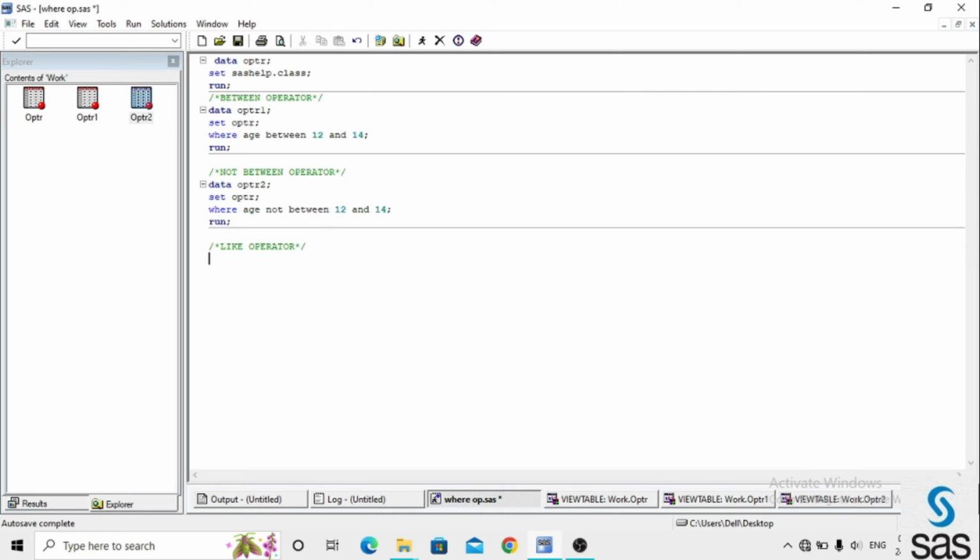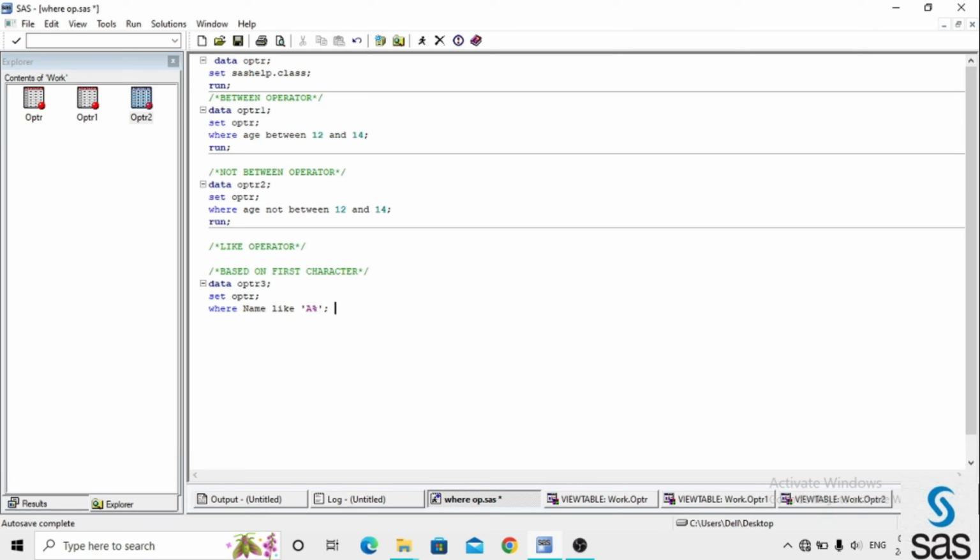Now we write the LIKE operator to start with a particular character in a variable, following the syntax, based on the first character. The dataset name is operator3; set operator; where name is the variable name, like is the operator, and the condition is 'a%'; semicolon. What are we writing here with like 'a%'?